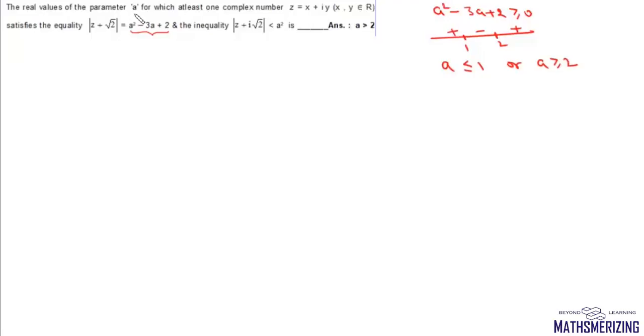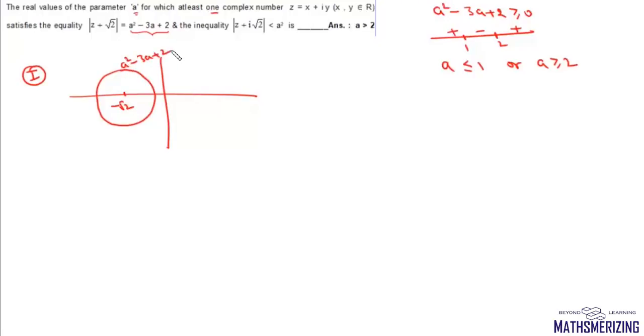Now we need to find all the possible values of a for which these two regions will have at least one point in common. So what we'll do is we'll actually find all the possible values of a when they do not have any point in common. So they won't have any point in common in two cases. Case one is when this circle whose center is at minus root 2 and radius a square minus 3a plus 2, and this inequality which is points inside this circle with center at minus iota root 2